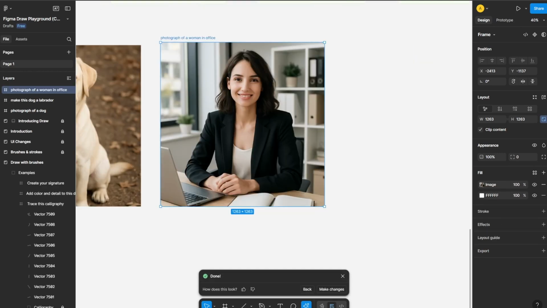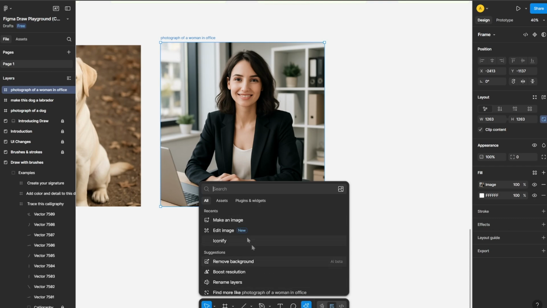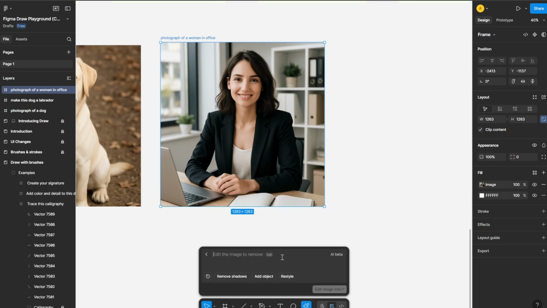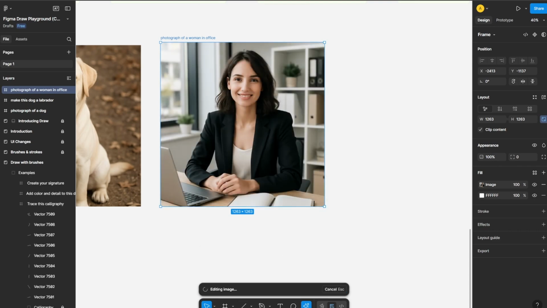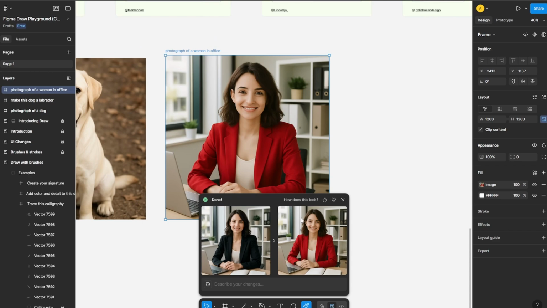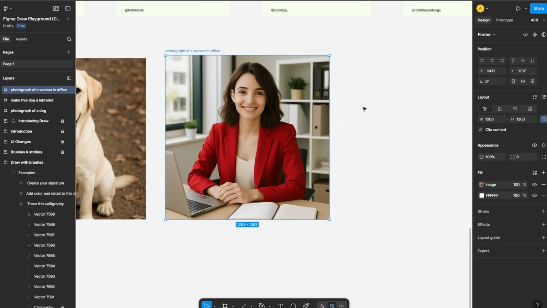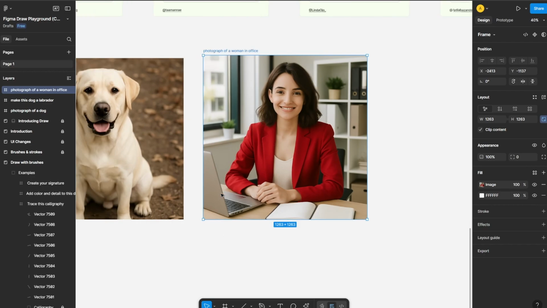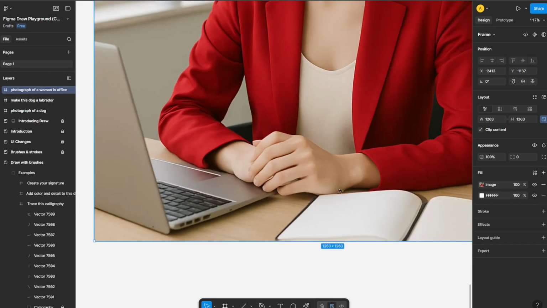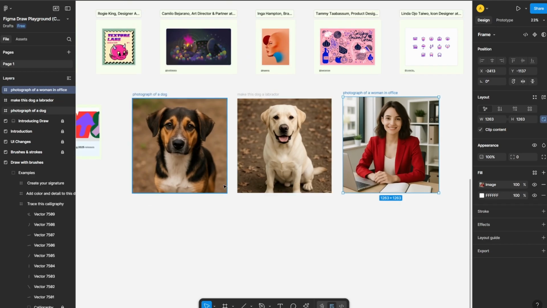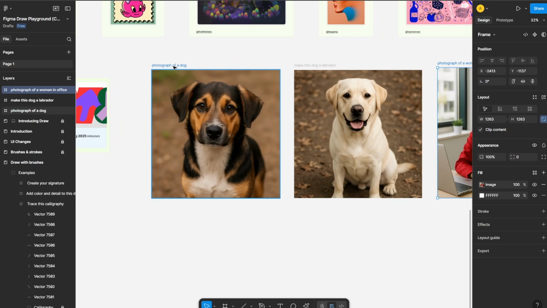So now you can see the image has been created and now I'll go to, not Make an Image, sorry, I'll go to Edit Image and I'll click here, "make the coat red colored." And you can see that the image has been edited. So obviously we have this one, right? And we have 3 images here and I think the fingers have been messed up. So again, that is a small issue, but now what you can do is that, for example, I'll come here,